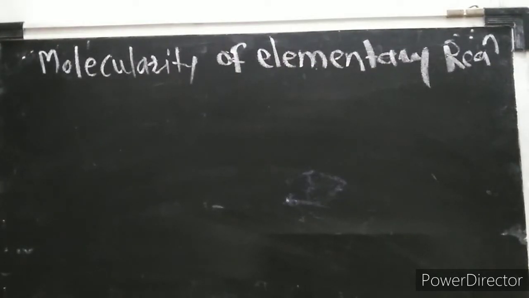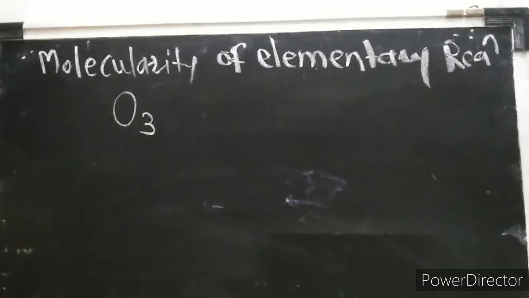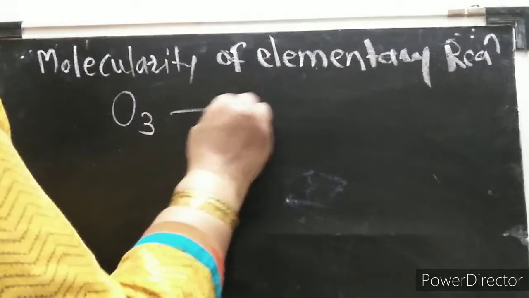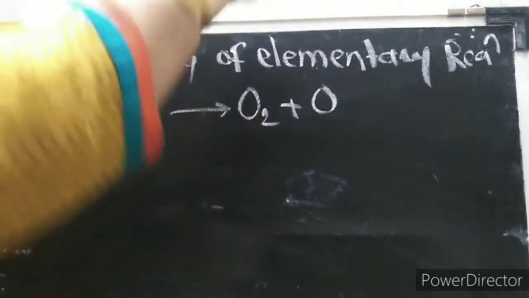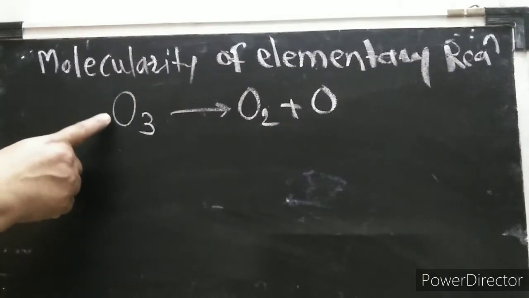May I repeat, what do we mean by an elementary reaction? A reaction which occurs in a single step and cannot be further broken into simpler reactions is called an elementary reaction. Now which reactions occur in one step? Let us consider ozone. We know that O3 is called ozone. When it breaks down into O2 plus O, this is a simple, one step reaction. O3 gives O2 and O. That reaction is an elementary reaction which cannot be further broken down. Now what is the molecularity? How many molecules are taking part in the reaction? One molecule of ozone.